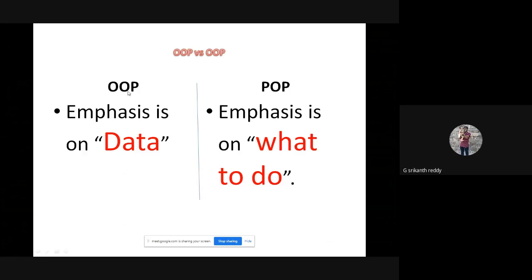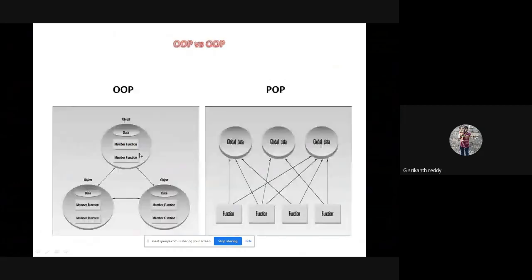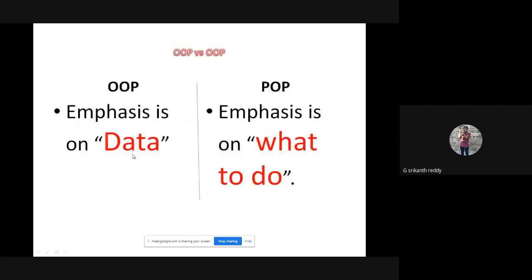In object oriented programming, the emphasis is on data. So we are not going to focus on functions, what to do. Whereas in procedure oriented programming, the emphasis, the importance is given to what to do. So in OOP, data is very important.